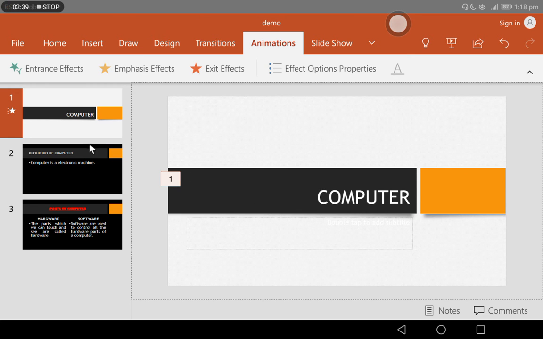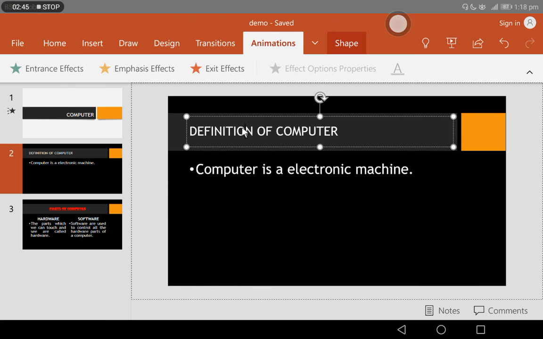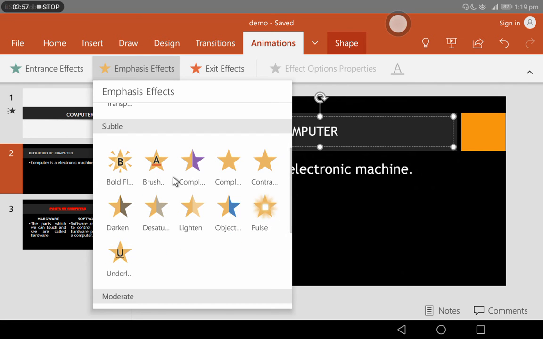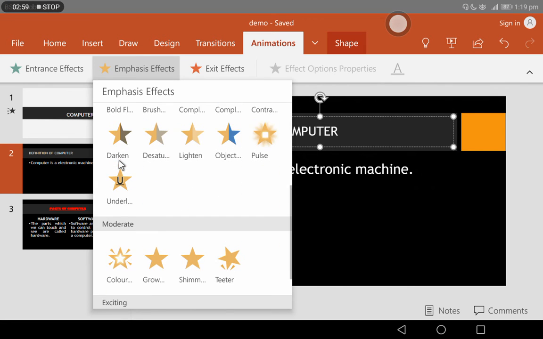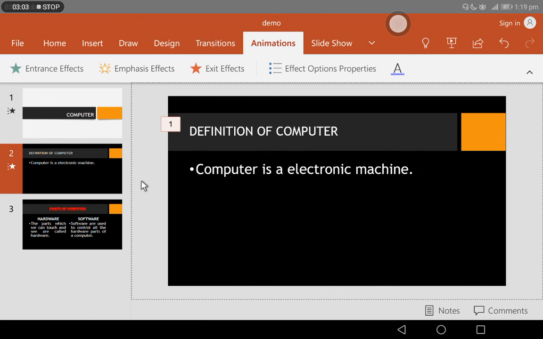So second one is definition of computer. So definition of computer, we will apply the emphasis effect on this title. So you can apply any one. Color,